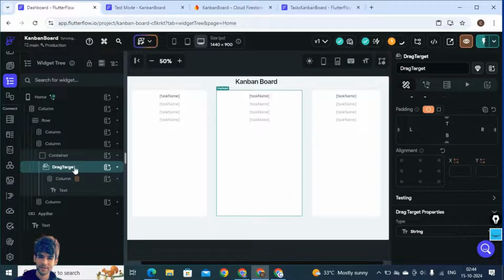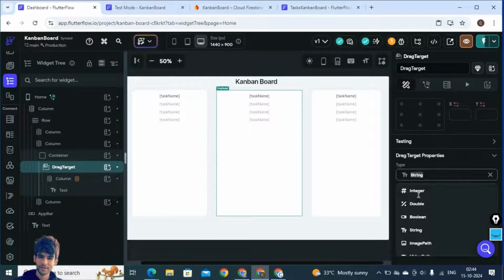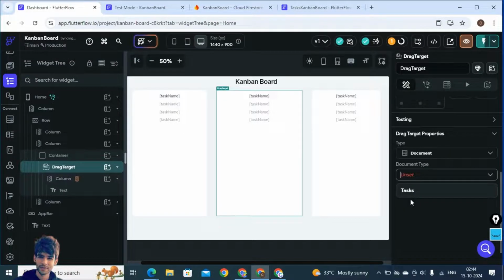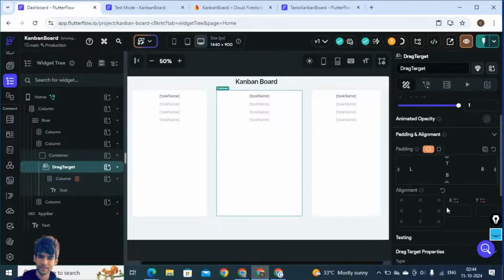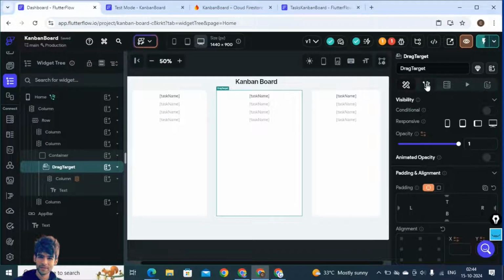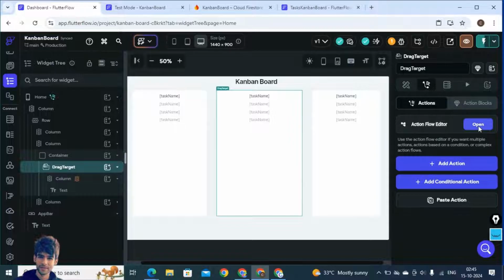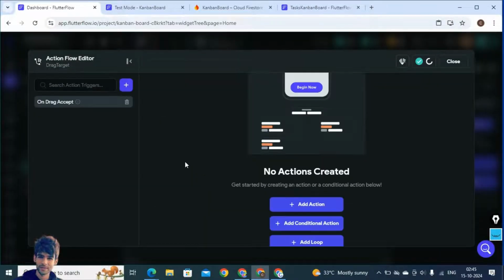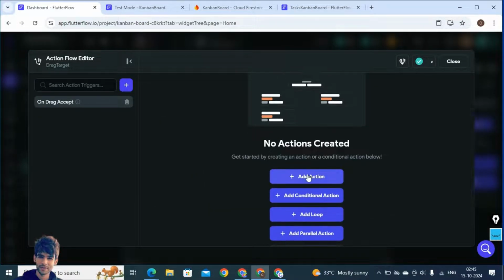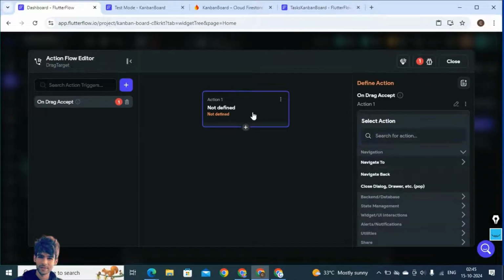So this will be the target where the task will be dropped, and for the data target we need to set some properties. So let's do that, and select the document, and the document type will be tasks. And also we have to add some actions. So select the data target where we are going to drop this first item. For that, go to action flow here, on drag accept. On drag accept we will add the action, and here